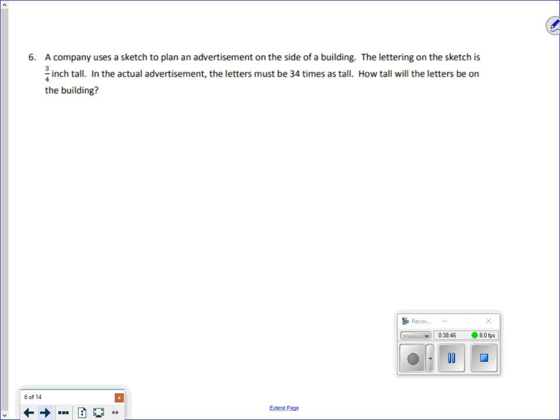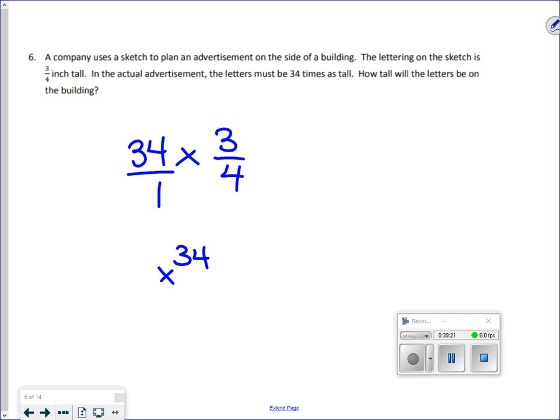A company uses a sketch to plan an advertisement on the side of a building, like a big sign. The lettering on the sketch is 3/4 of an inch tall. Now, this is a real world thing. So, what did you get? 25 and 2/4. So, did it go in evenly? No. So do you have to take into account your remainder? Yes. So 34 times